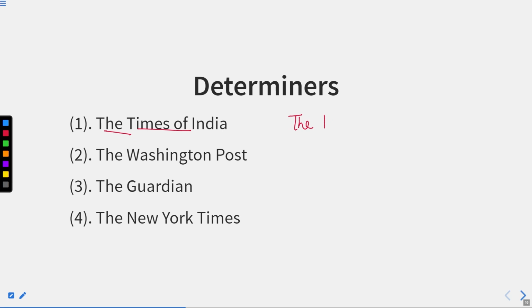The Hindu. Now, Hindu is again the name of a newspaper, which is actually an English newspaper. So, we are using the before it. Now, one thing can arise in our mind. What is that? If the newspaper is Dainik Jagran, though that is a Hindi newspaper, can we use the before it? Because Dainik Jagran is a Hindi newspaper, of course, it will not be written over there, that is the Dainik Jagran. But if I use Dainik Jagran in a sentence, suppose I say, I like to read